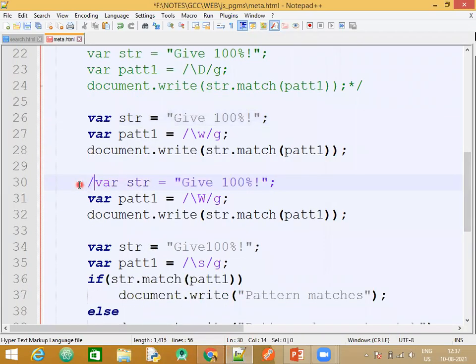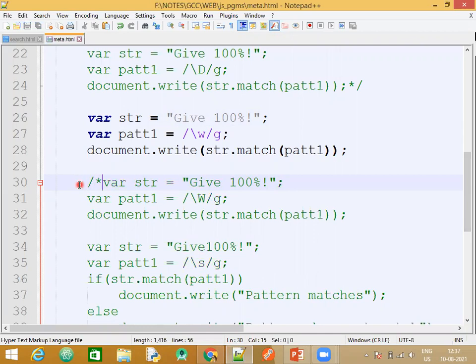Same string is there. What is going to be the output? Capital A to Z, do we have? G is there. Small a to z we have: i, d, e is there. Do we have 0 to 9? Yes. Do we have underscore? Where is underscore? Space is there. Underscore is not there. Space and underscore are not the same. Space would be given by double quotes, an empty space string. Then what about percentage and exclamation mark? No. So what will be the output?